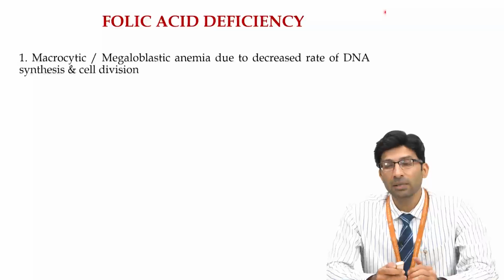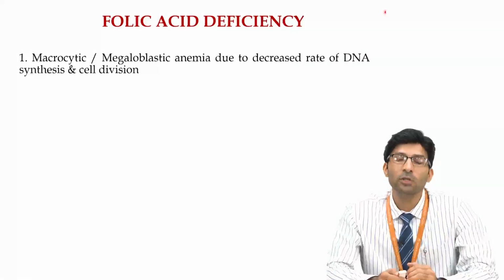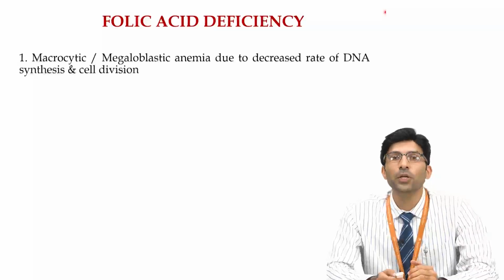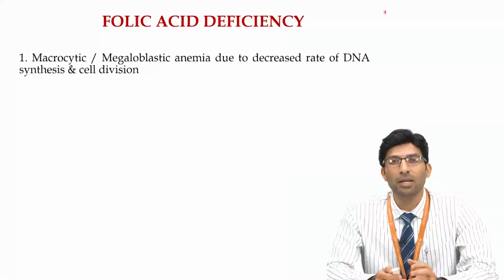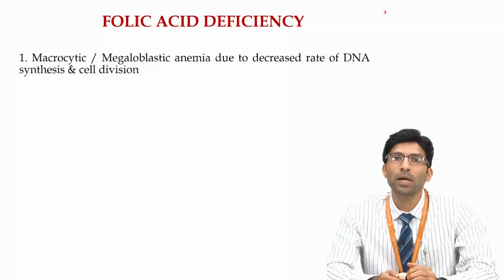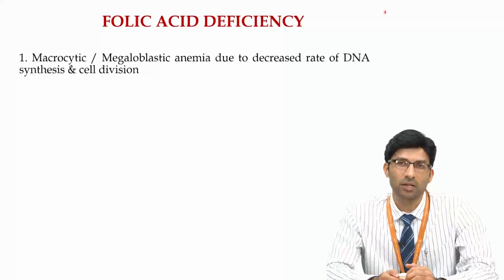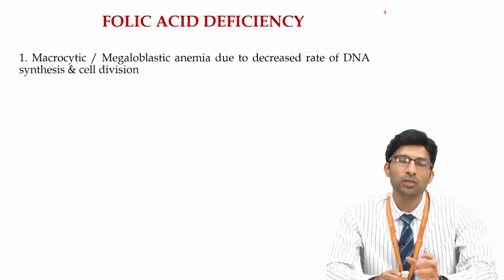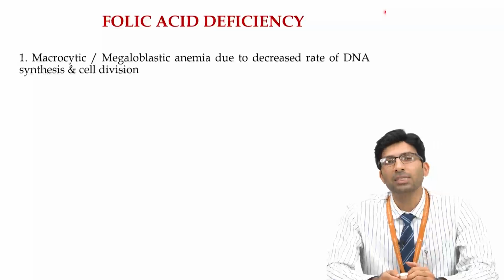As we have seen in the beginning, folic acid is important for the maturation of RBCs. The RBCs will not mature if folic acid is deficient, and it will lead to big RBCs, which are immature RBCs, called macrocytic or megaloblasts. We will see the blood picture later, and you can appreciate that big RBCs can be seen in the